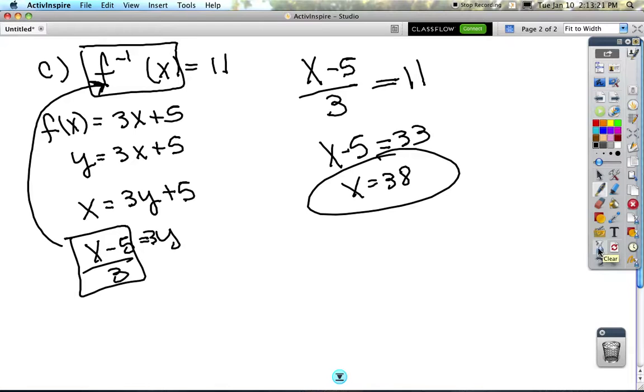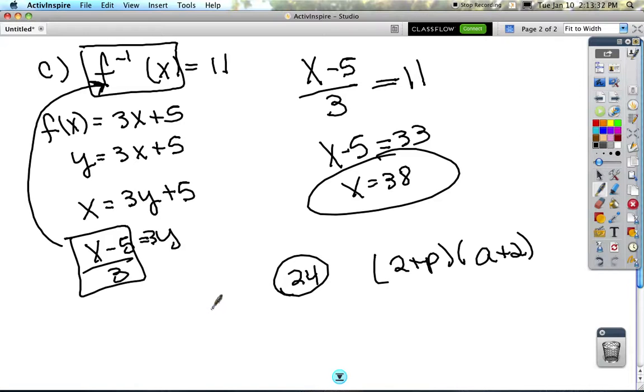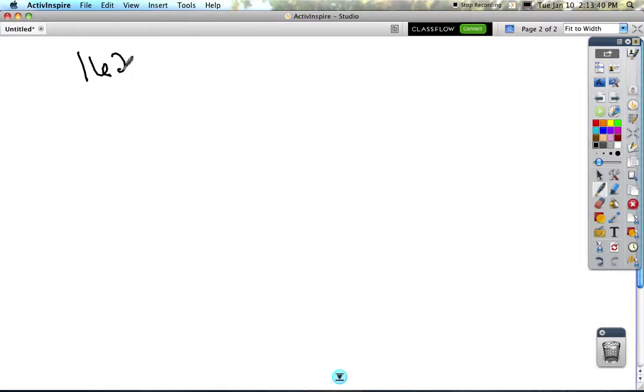I'm going to give you the answer to 24. You should be able to do 24 easily. 2 plus P, A plus 2. Now, 24B is a little tricky. What can be factored out of 24B? 8 cannot. 8 will not go equally. 4 will not. So the only thing that can be factored out is 2. What does that leave me? 81 minus